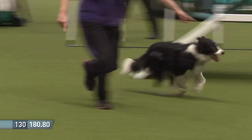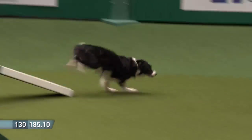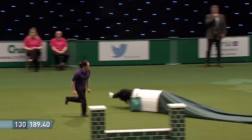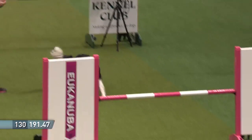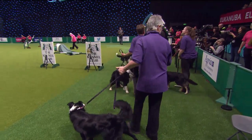A-frame. Most of the dogs have been quick over there. Little hop over that jump now. The seesaw touches both white sections absolutely fine. Good speed towards the end of this round. Yeah, and they'll be pleased with that. Just finishing on 130 faults in